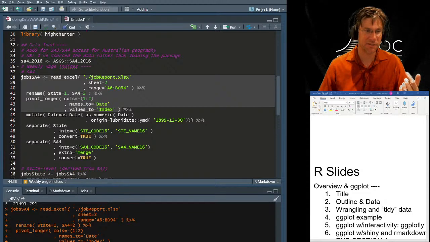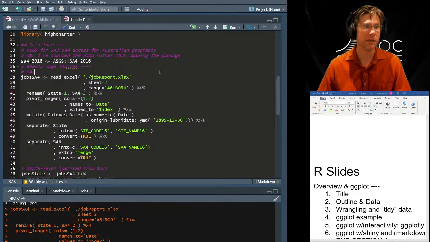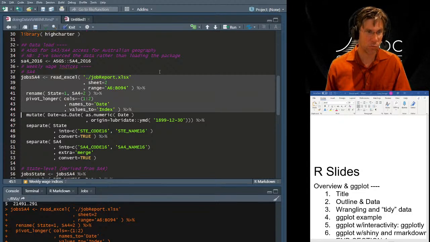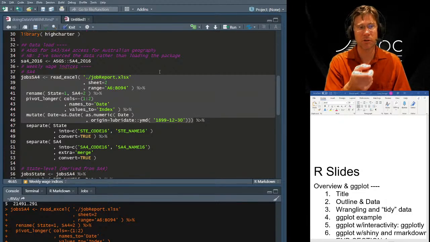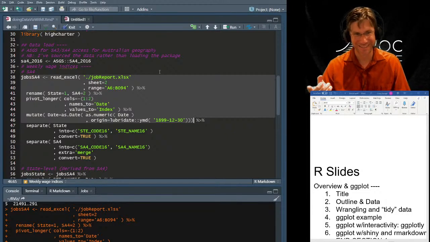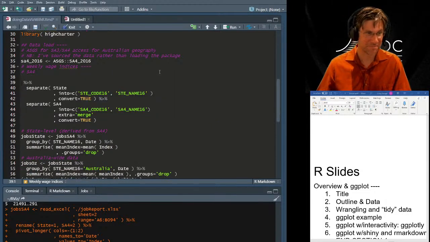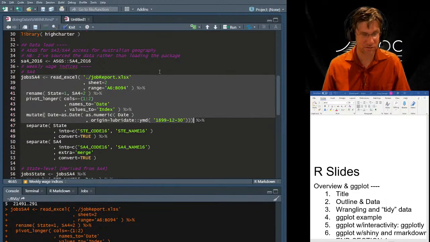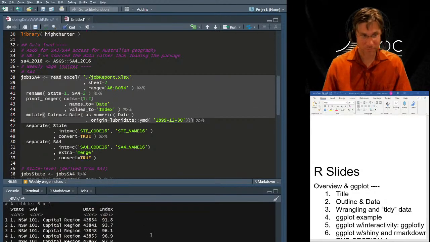Now I need to get this date from being a character to being a date field. And that's what's done in the next part, where I'm turning that first to a number, that's as numeric of date, and then lubridate to turn it into a date. For whatever reason, day 1 of Excel is December 30th, 1899, because reasons. That's not a good thing to press. So now, jobs SA4